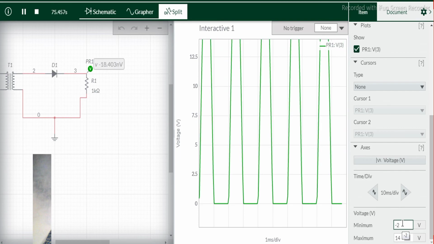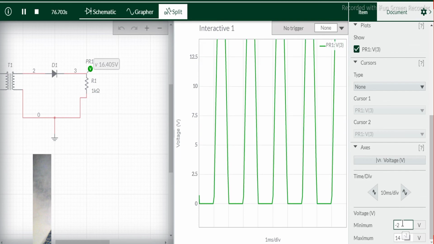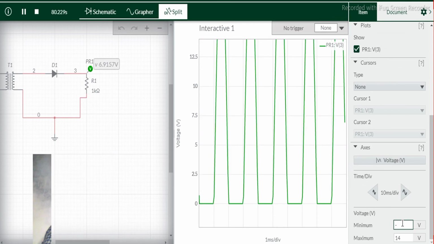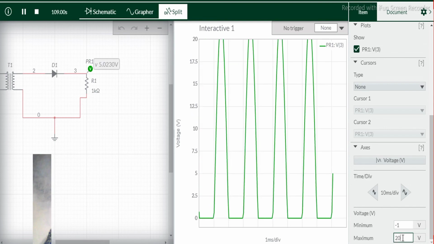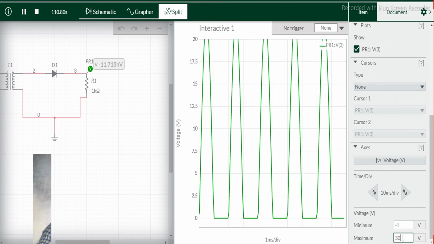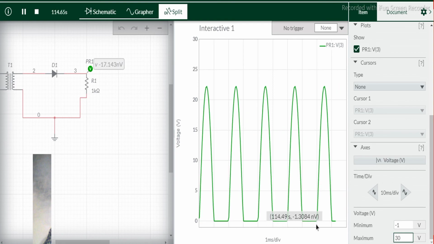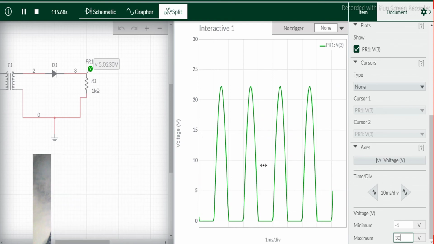I am going to fix the minimum voltage at about -1 volt. I am going to select a maximum value of about 30 volt. After selecting the maximum value of 30 volt, this graph shows the accurate value of this output signal.